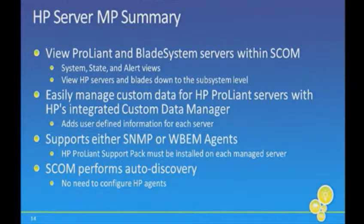Okay, so not using the WMI wrapper anymore as we would with Insight Manager. Okay, so we're doing direct SNMP or WebM out of the agents that you would traditionally probably deploy with a ProLiant rack mount. So if you had a DL380 and you do a smart start or some sort of OSD build and you put the agents in there, okay, then essentially they will be discovered. You don't have to configure them, which is another difference with Insight Manager, by the SCOM console with the management pack installed. Okay,